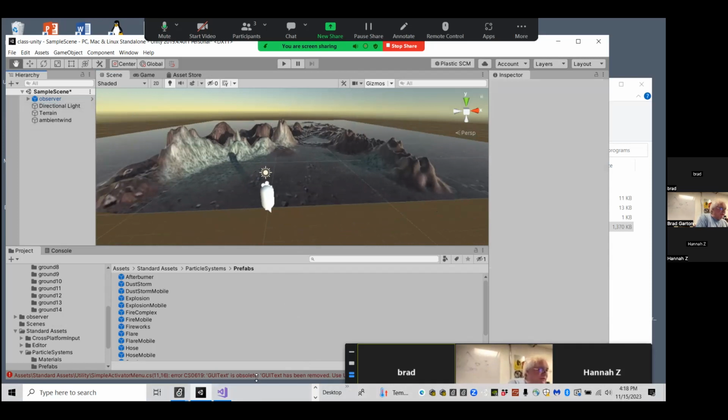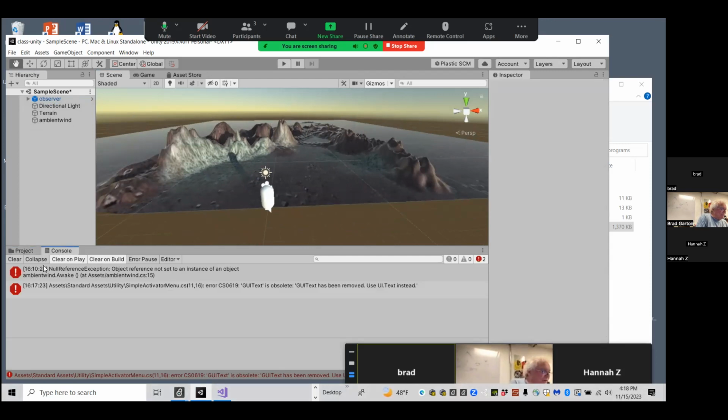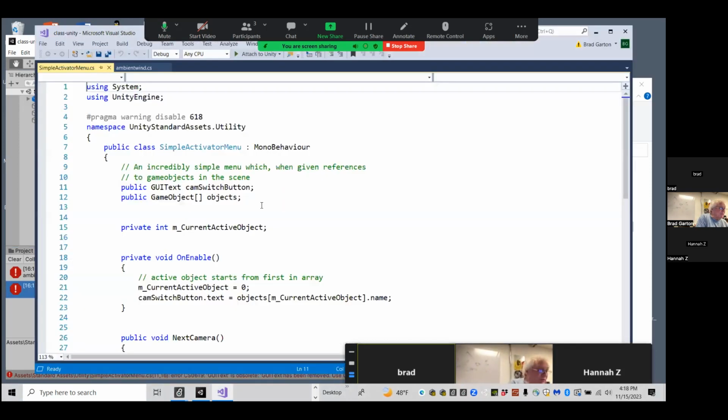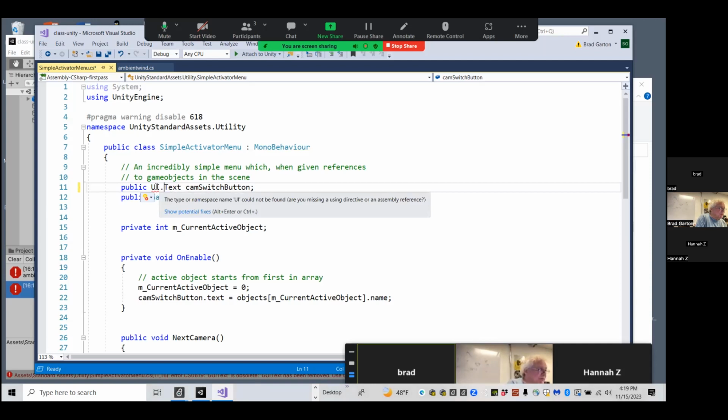This is because this is now deprecated. See where it says here on our console that GUI text is obsolete. GUI text has been removed. Use UI.text instead. It tells me what to do. If I double click on this, I can go in here and say UI.text. Okay, but it's still got a little red thing about it because it says show potential fixes,